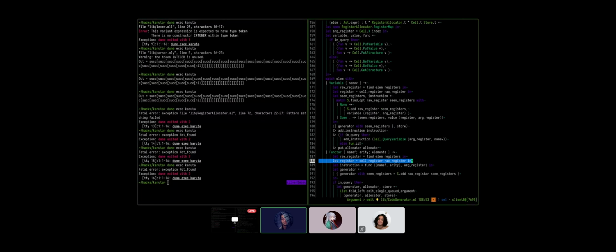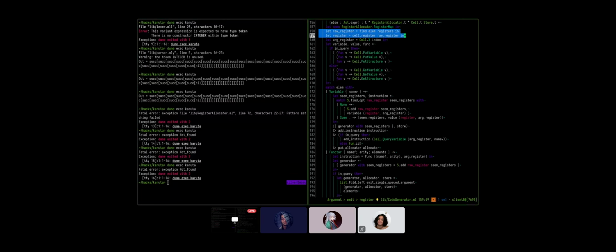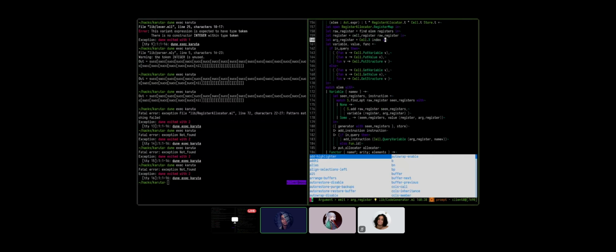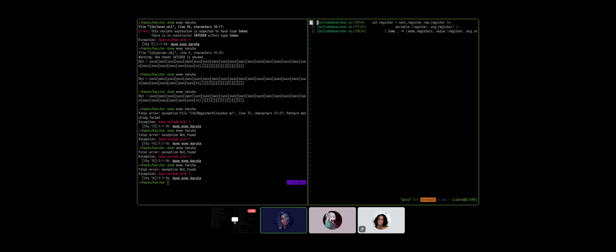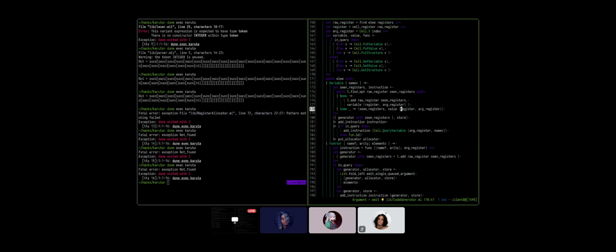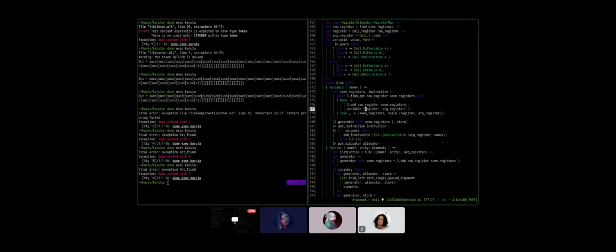I just don't like the copy pasting. Well, this is reducing the scope of those variables. I think that's generally a good thing. Okay, so there is a lazy keyword apparently. In fact, we don't use register up here at all.